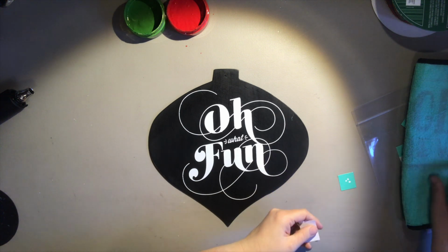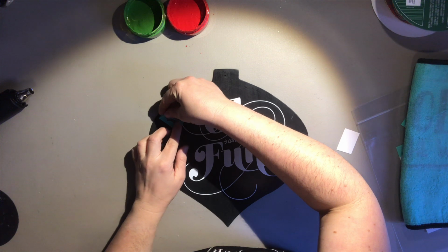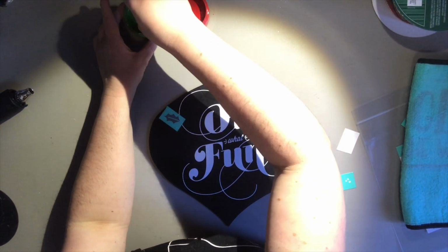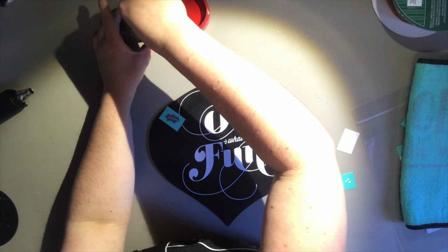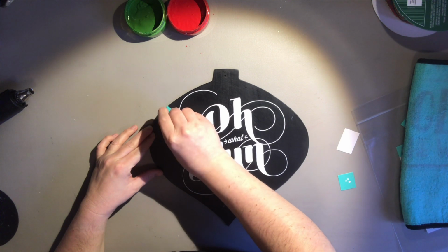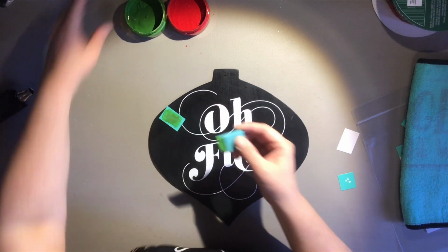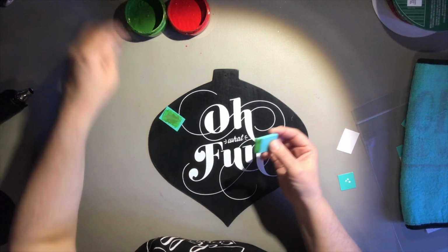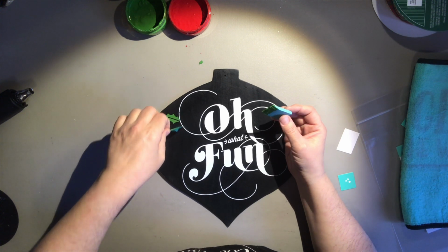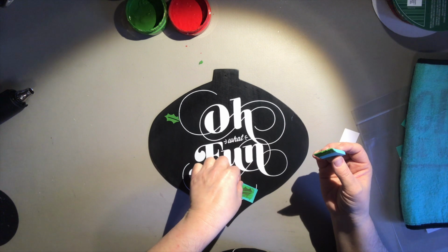I'm going to take these, and I'm going to just start kind of building some little holly, I guess, little bundles, I guess is what I want to say. So I'm using, I believe this is Green Envy. Using Green Envy. Oops, go up there. And I'm just going to kind of go around, let's go here, and just add some